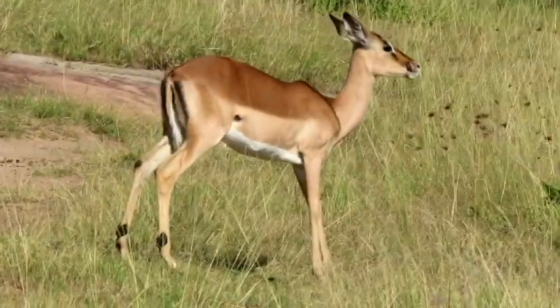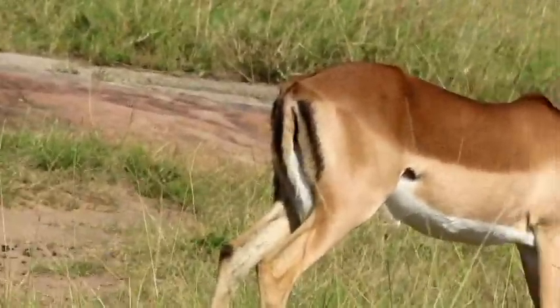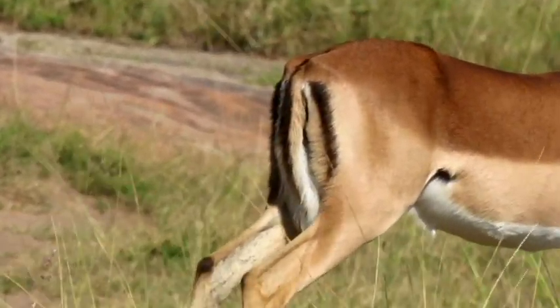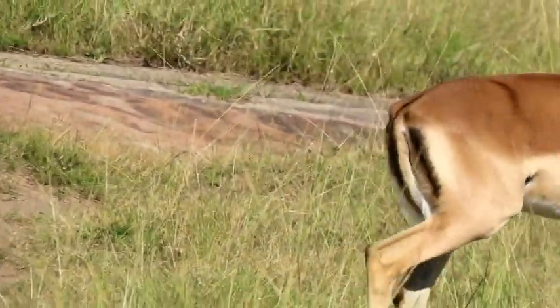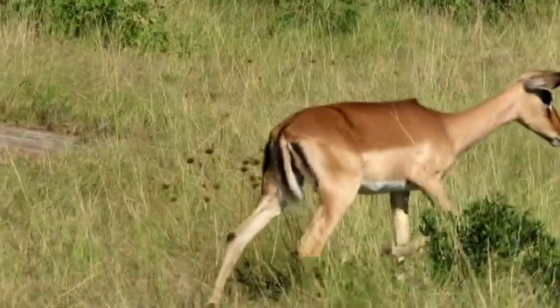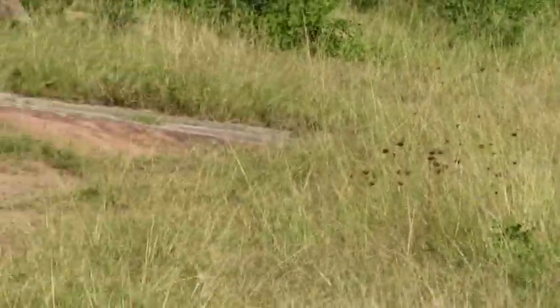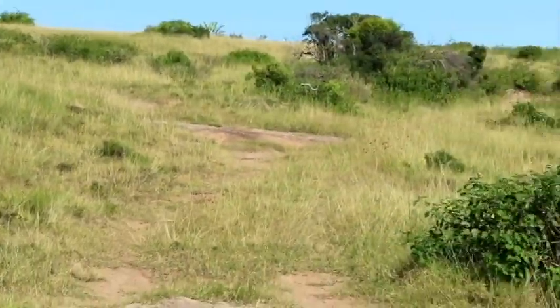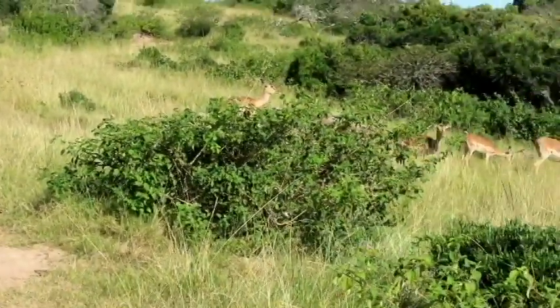And now with the 3 black stripes on the buttocks, of course, black heats up quite fast in the sun. So the ticks will actually accumulate on those black stripes. Now, that's not even the significant part. The significant part is that the teeth of an Impala. You can hear the Impala ram calling on the left there,